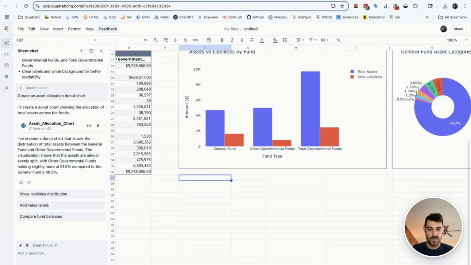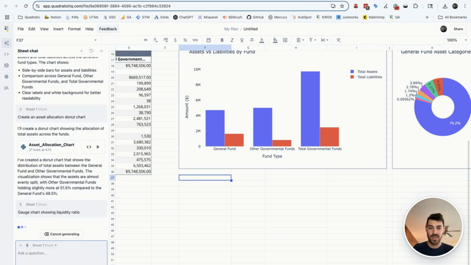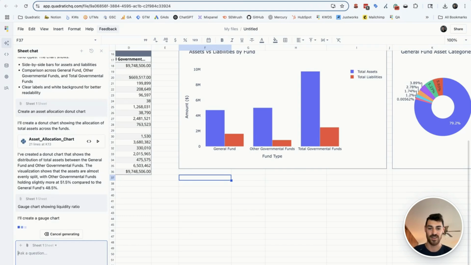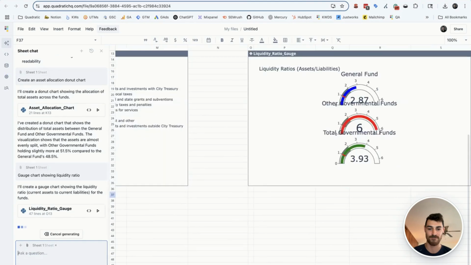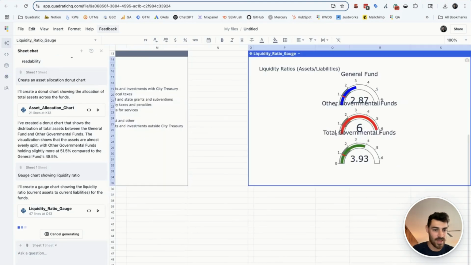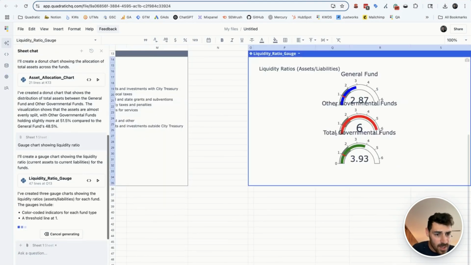Let's create another chart, last one here, and I'm going to ask for a gauge chart showing liquidity ratio. This will help get a sort of check on the city's financial health. And I believe that the average is around 2 to 1 for liquidity ratio. So I'm hoping it's a bit better than that. Excellent. Okay,